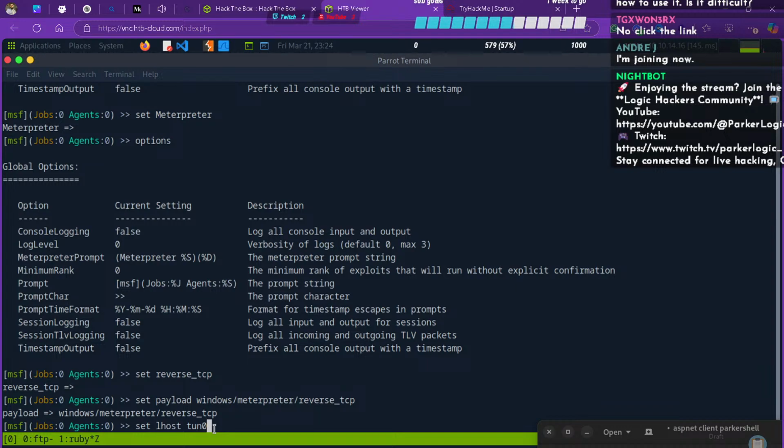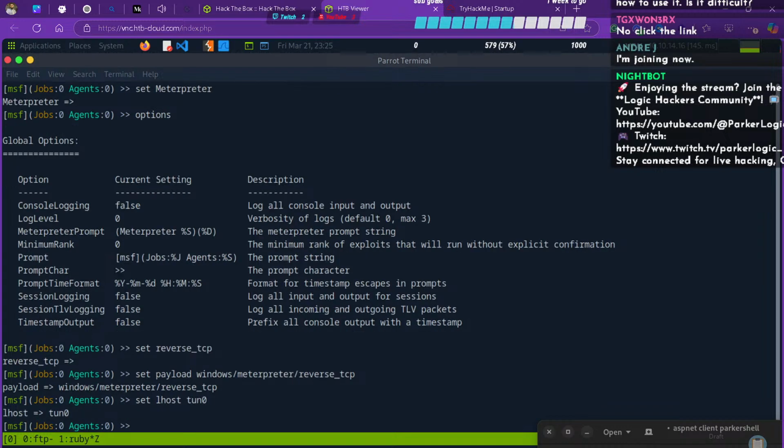Metasploit. There we go. tun0 is just a quicker way to get to your IP address from ifconfig. So that's just saying, hey, set it to the local host. Or the other way that I've been doing it is it's equivalent to doing set 10.10.14.16. And then we're going to set our port, which we know is 333, and I think